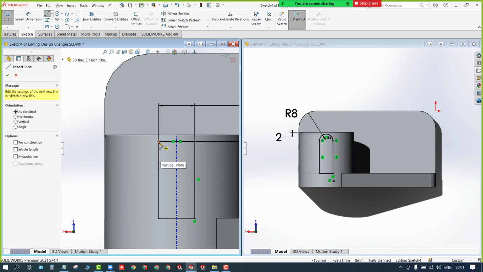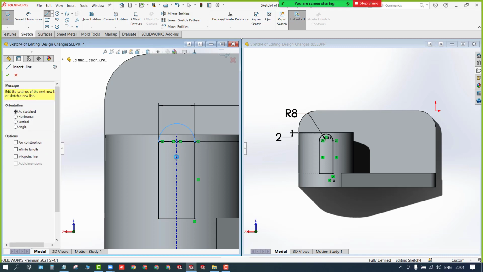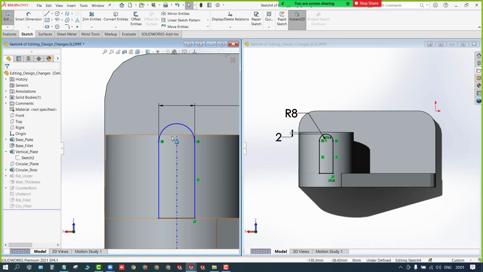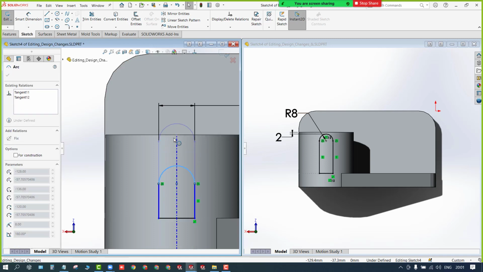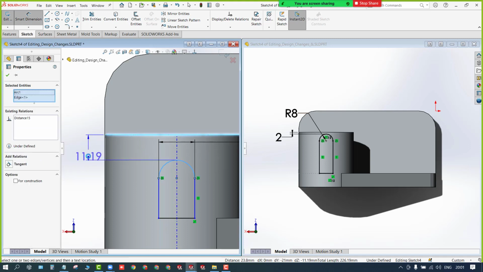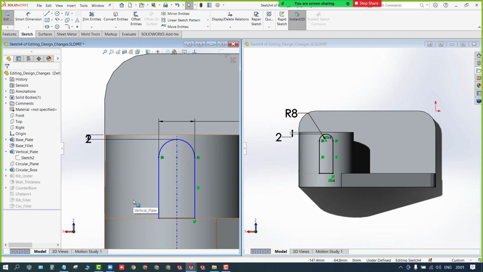You can draw it. And I don't need this center one. And then it should be downwards, and you can use the smart dimension, hold the shift to define the minimum distance. That should be how much? 2. Clear?